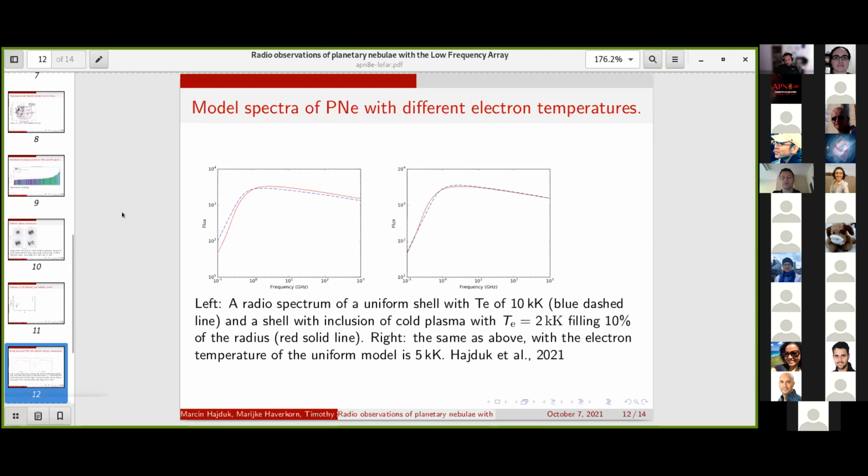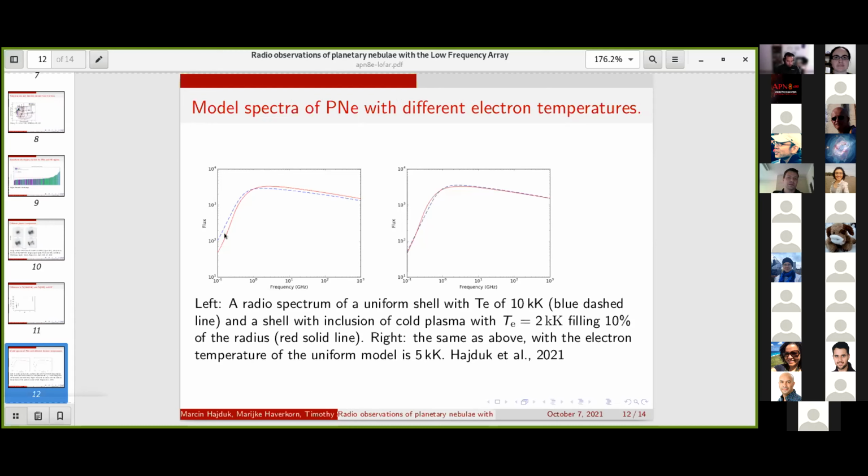And I did some simple modeling. This blue dashed curve represents just a uniform shell with a temperature of 10,000 K. And this red solid curve represents the case where we have plasma with 10,000 K covering 90% of the volume of the shell, and we have just 10% addition of cool plasma with a temperature of 2000 K. You can see that there is no big difference in the optically thin part, but in the optically thick part,